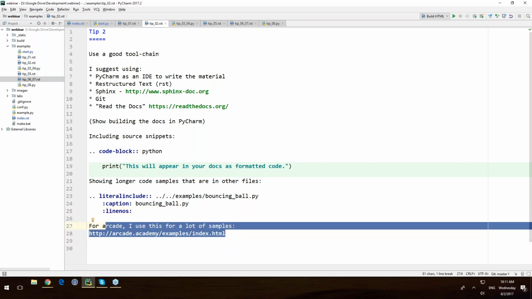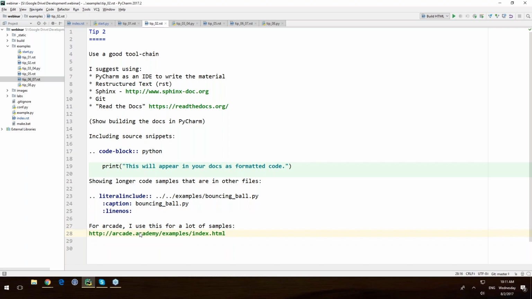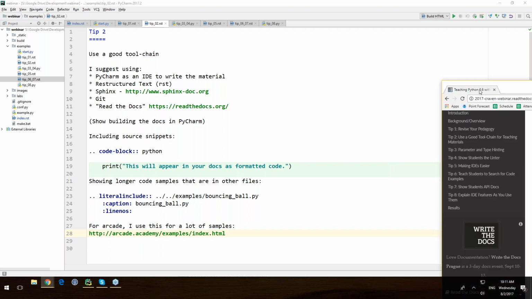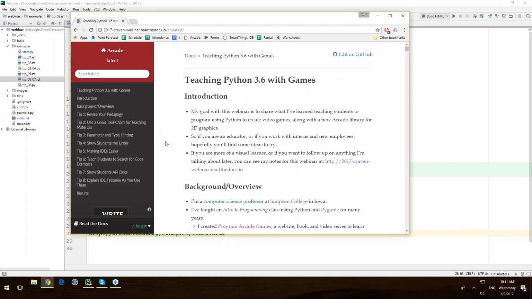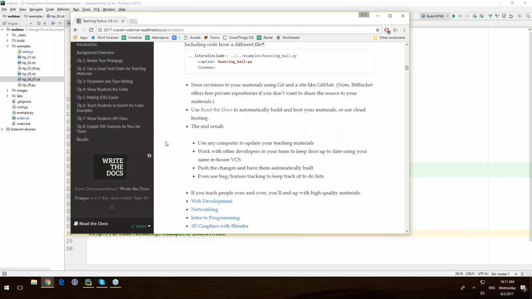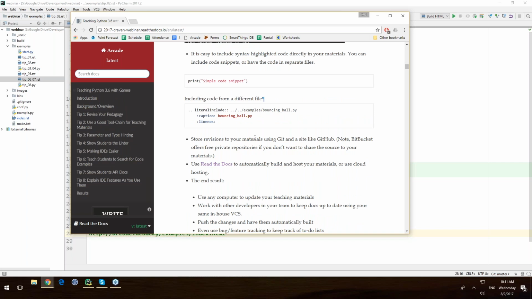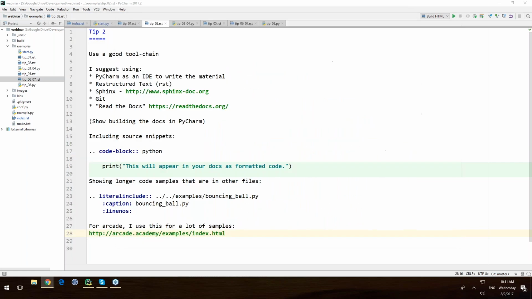I'll show it after here in a bit, but I've actually got a large number of samples done using Sphinx and brought in as documentation. It works really quite well as a way to write up stuff and creates rather pretty web pages out of it. So for instance, in my documentation notes, I've got the images in there. I've got the ability to do small code samples in really any language and not have to spend a lot of effort on it. So that's tip number 2.